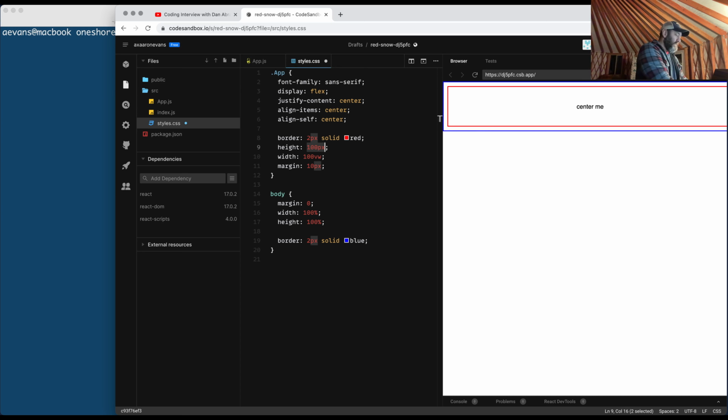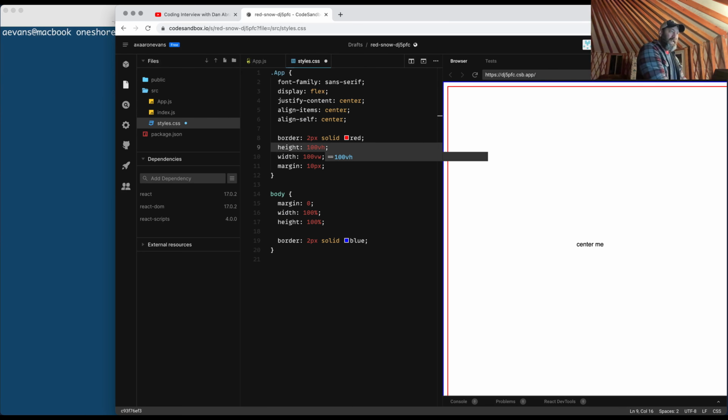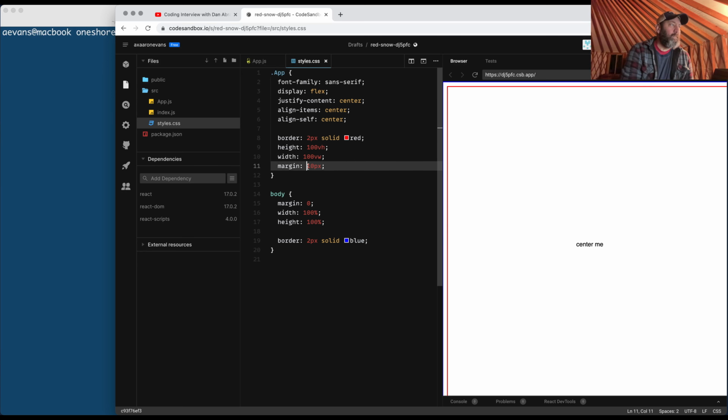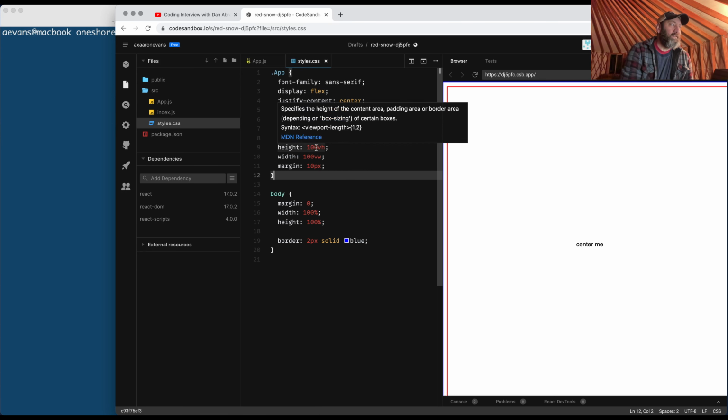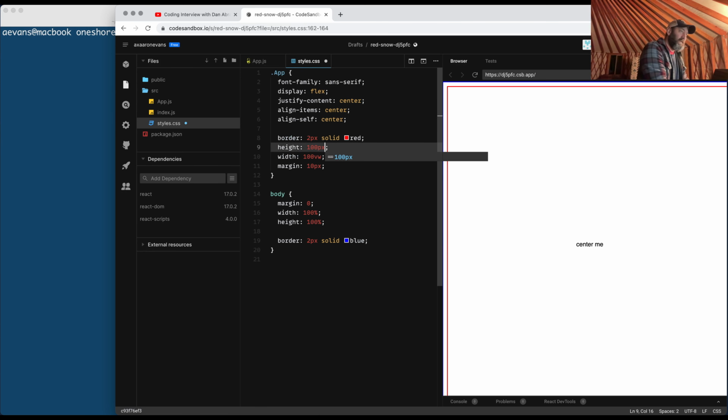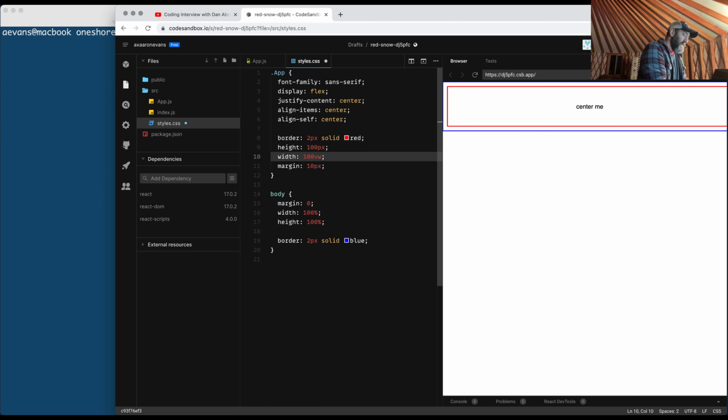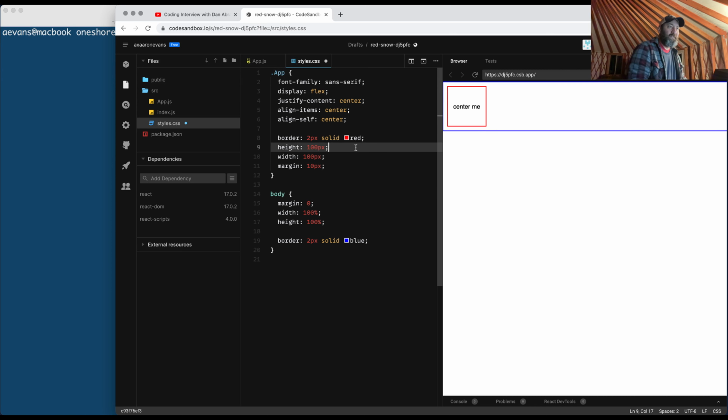And for the height, I want to do vertical, or not vertical, my view box height. So you can see here we've got some bad overlap. Oh, that's because I don't want this height to be here. I want this to be. So it's saying make this the total viewport height and make it 10 pixels to the side is what that